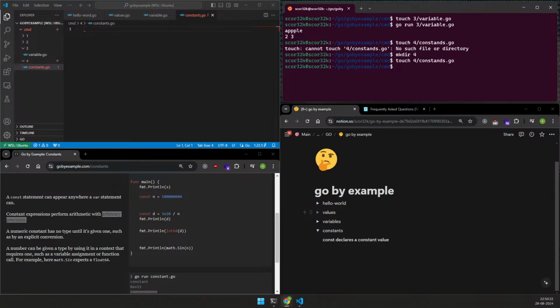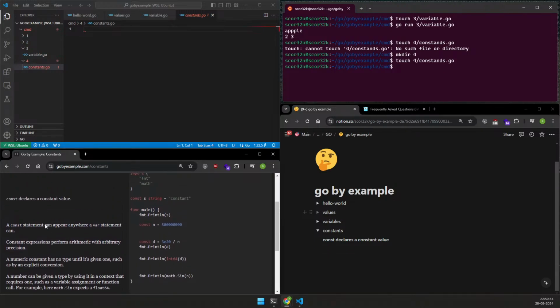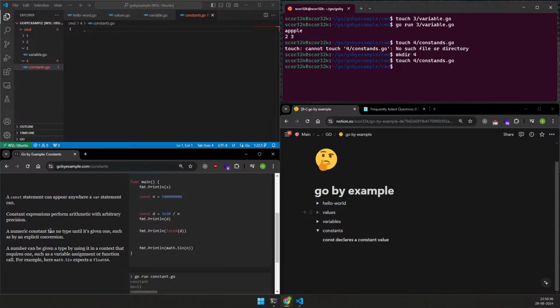The screen says Go by Example. No, I'm learning from this website. It's officially by Go. It's like to start with Go. There are a few websites that are referenced by Go itself, so this is one of them. Process much greater numbers than can fit in the standard. Nice. Okay. So this is also